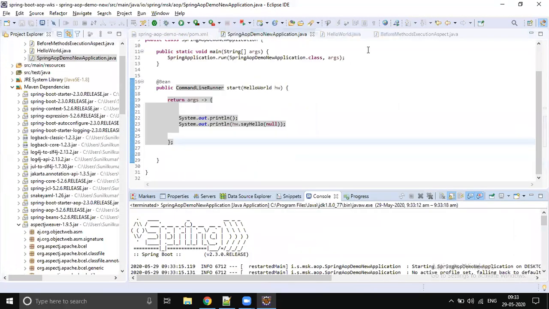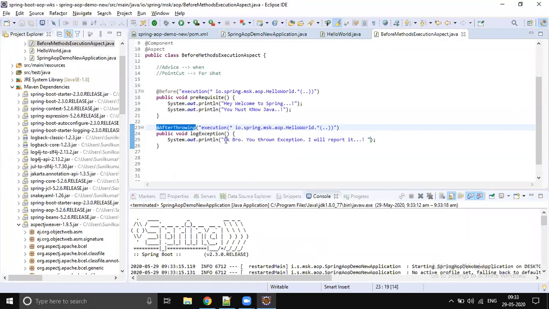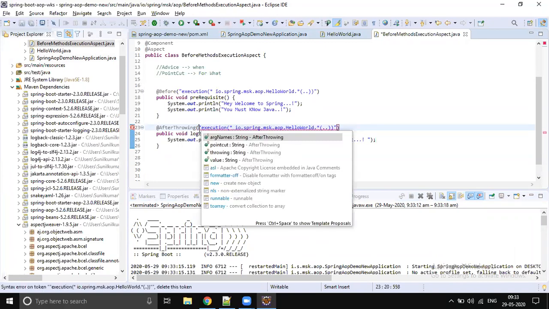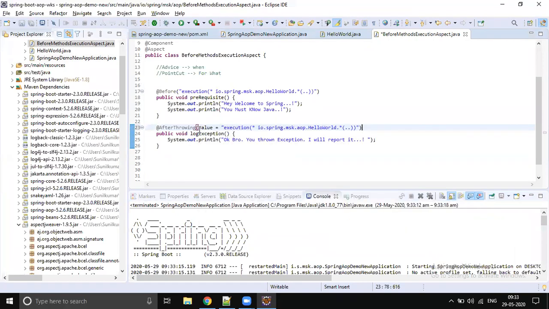Along with just simply printing the message, you can also get the exception which is thrown by that method. So what is the exception thrown, and what is the message? Yes, you can come to know. How can you know that? By using throwing, and here you need to assign throwing to ex. When an exception comes, that exception object is going to be assigned to this variable.